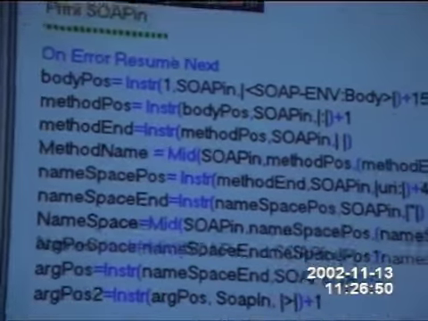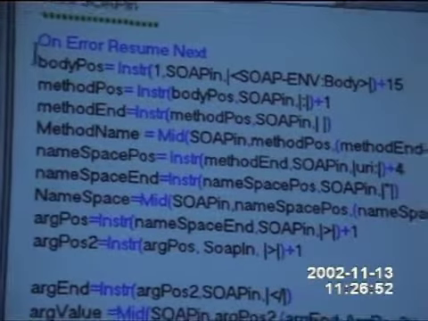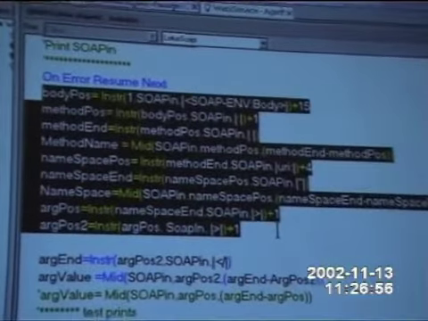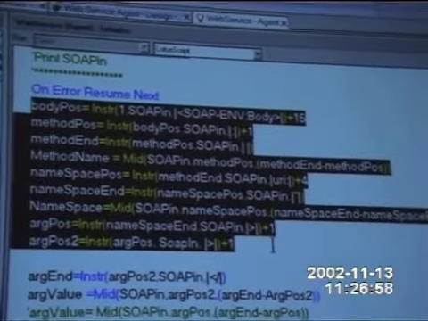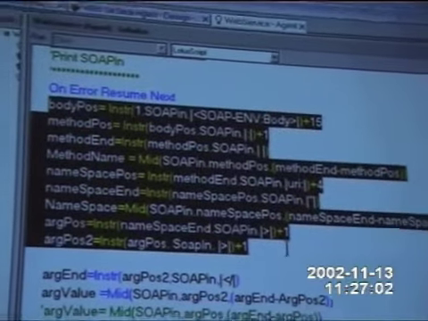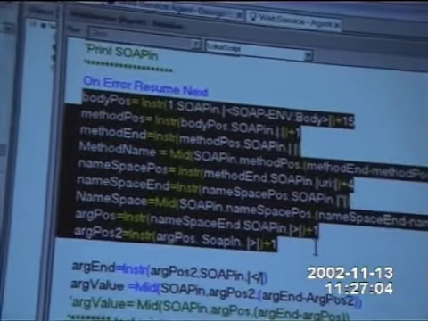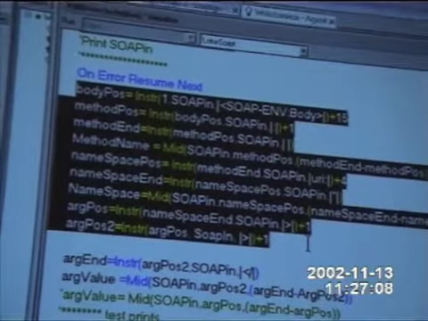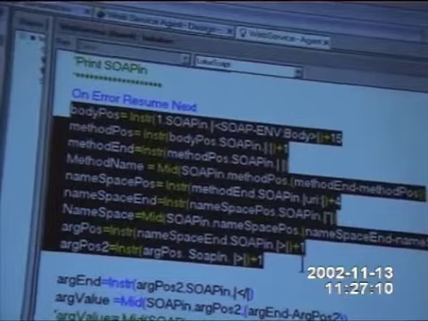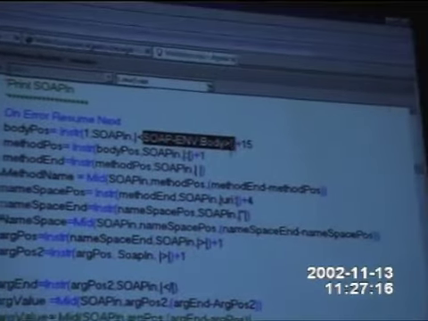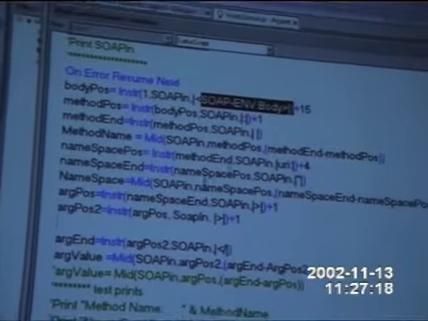Now here's the part where you get the laugh. InStr is how I'm getting out the pieces of the XML document. Remember, this is R5. I rewrote this in 6 using our new SAX parser. I bet we have XML classes in 6, but you can't use them in 5. You can use somebody else's tools, but I wanted to say 100% Domino. So this works just fine. You saw it works everywhere, but I parsed through, I look for the SOAP envelope body, I look for the end, I do a bunch of things, and I end up with